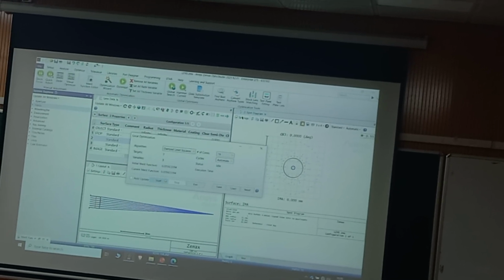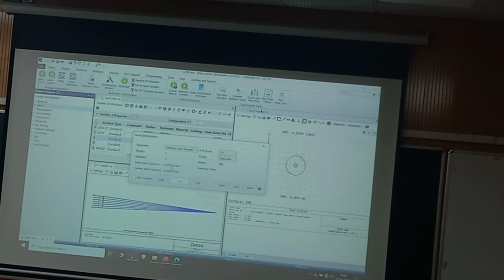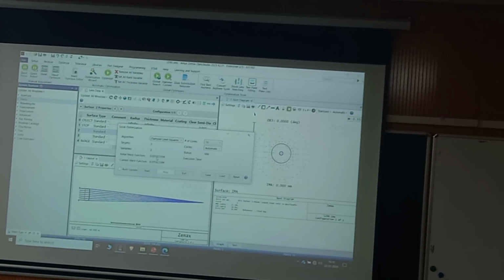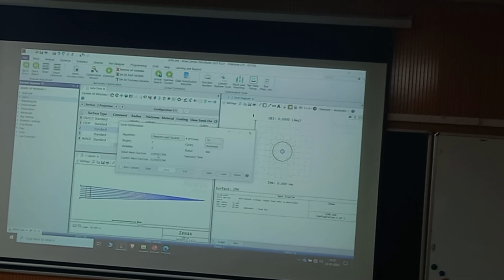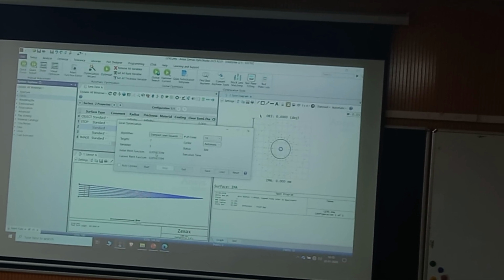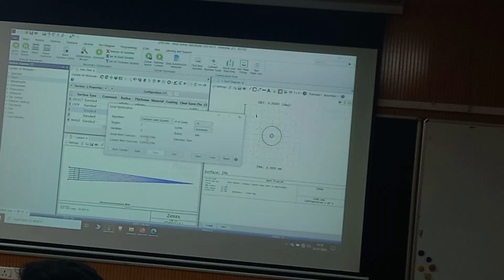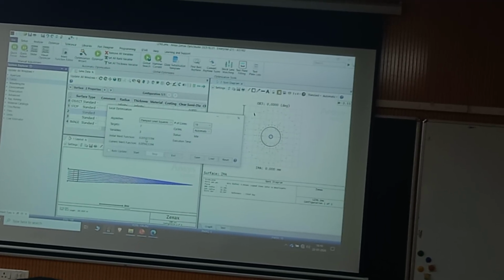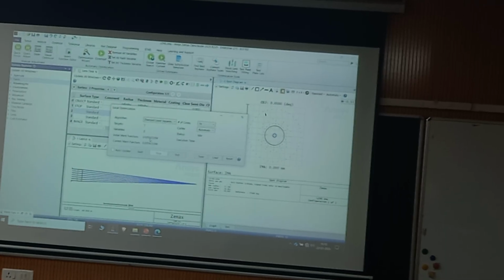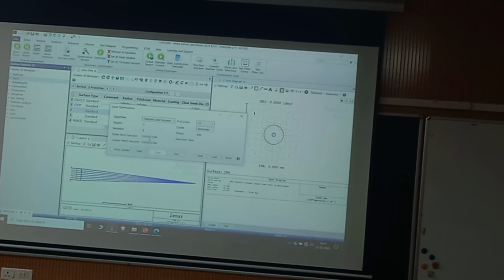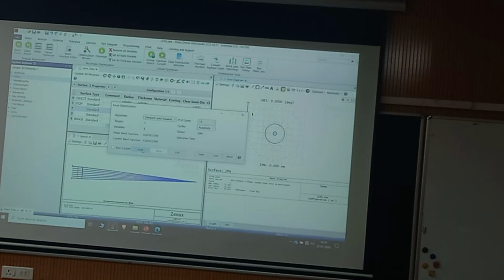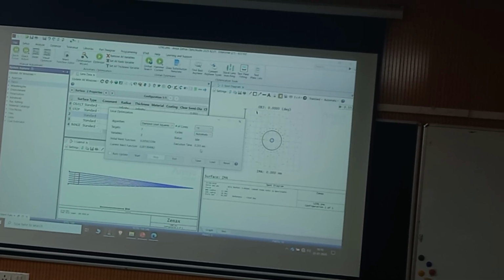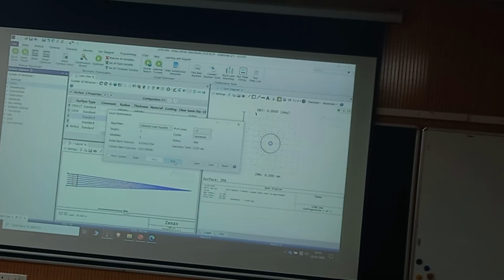Three variables: two radii of curvature, one back focal distance. Optimize. There is some initial merit function and some current merit function. Based on the image quality and the focal length operand that I defined, I have got some value, this is the return value. Now I'm going to optimize it. During the optimization, the merit function value should come down. If the value reduces, it means the performance is improved. I'll just say start. And suddenly within 0.2 seconds the merit function has dropped. Something has happened. So I'll exit.